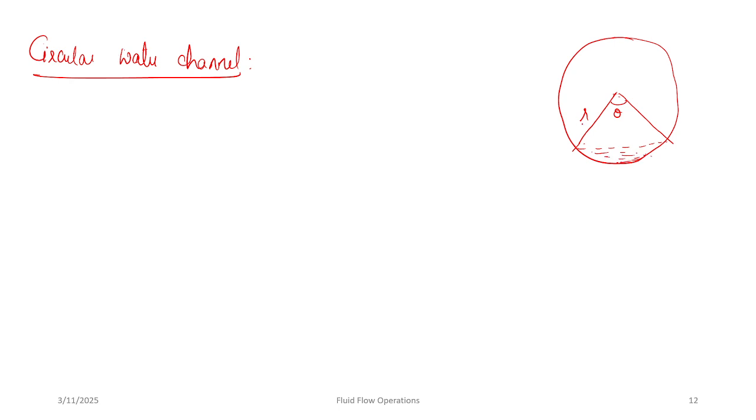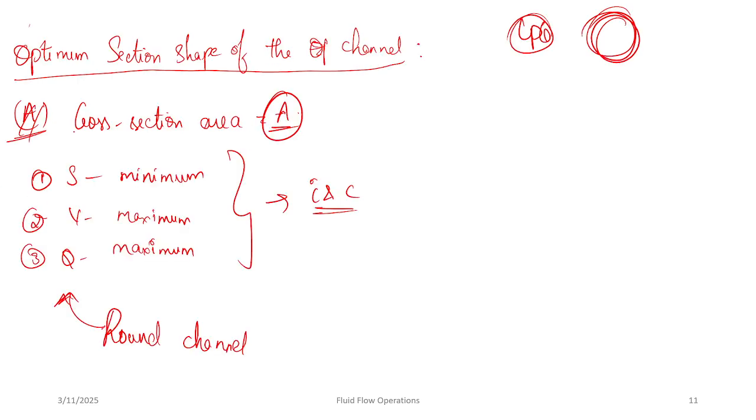Okay, so let's consider a relationship between water level, flow rate, and discharge as well for this round shaped or circular shaped water channel. So first let's say the radius is R for this particular channel and the area of cross section, let's say this is A. Okay, so if you recall this equation,